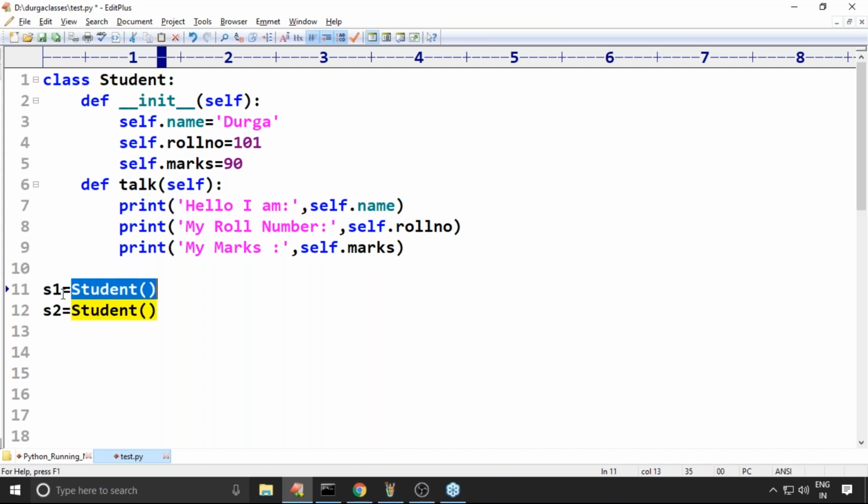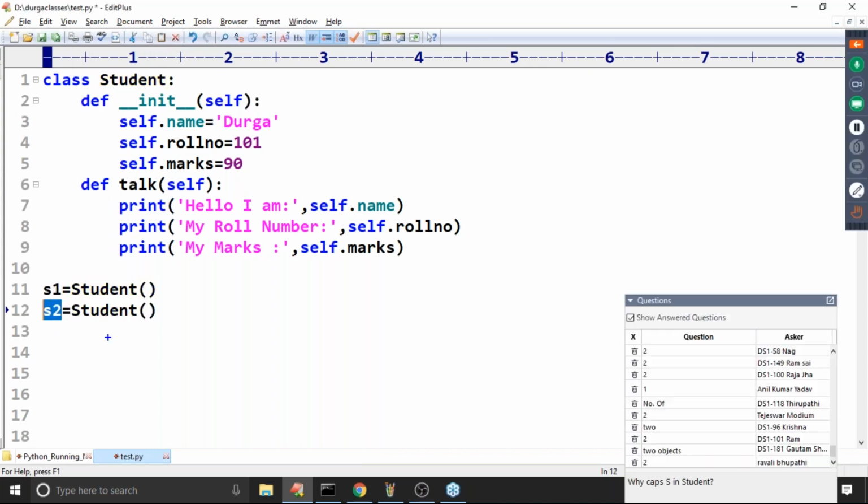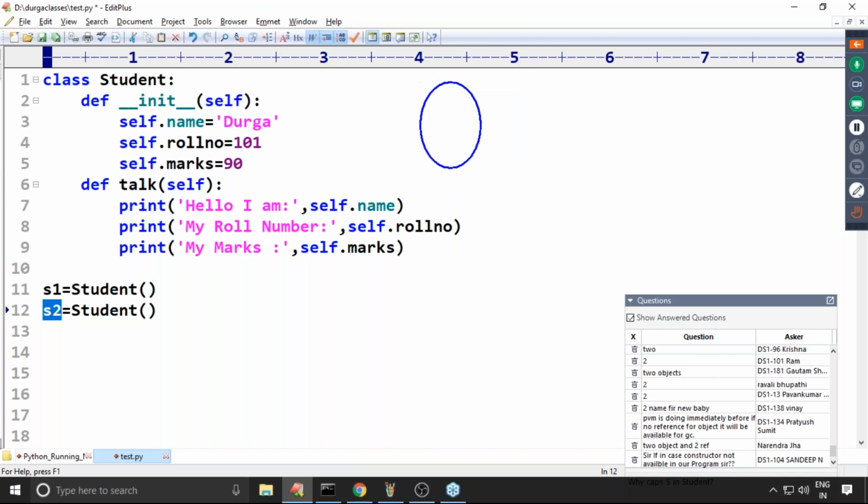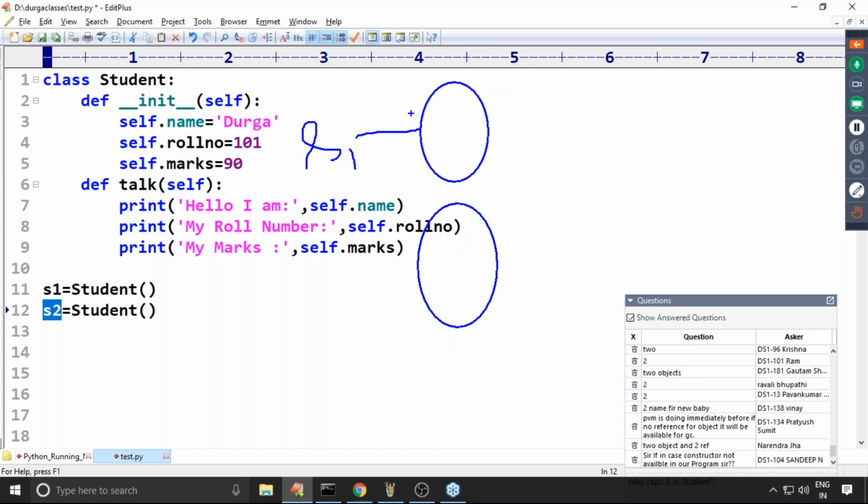First object created, s1 is the reference variable. Second object created, s2 is the reference variable. Two babies created. s1 is the reference variable for the first object, s2 for the second object.